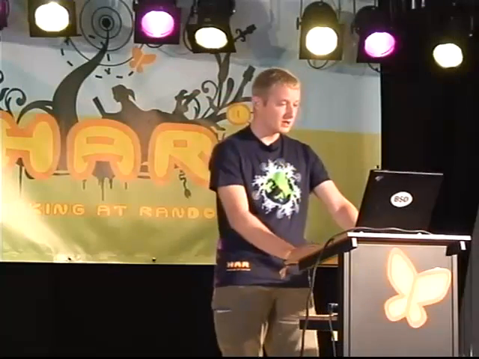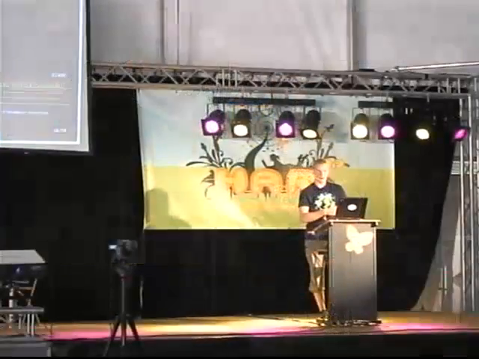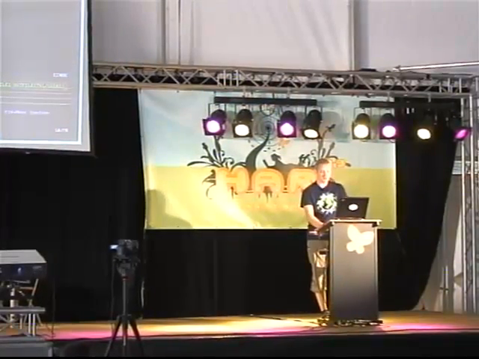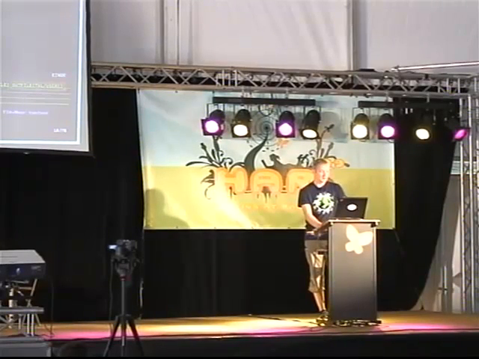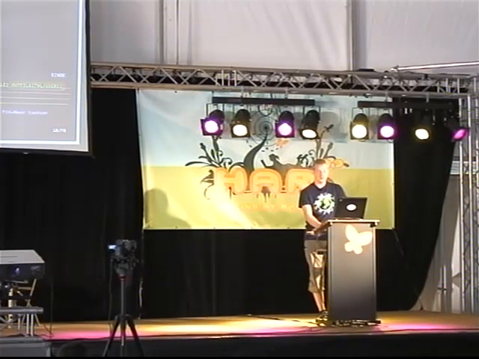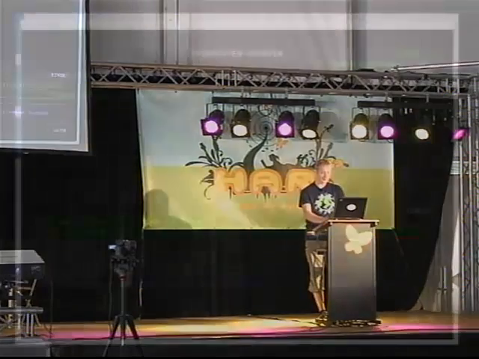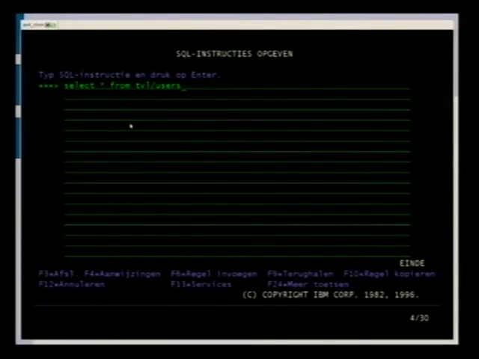Okay, one last thing I wanted to say is, you can also redirect the output of a command to an out file, which is then a DB2 file. Because it's a DB2 file, you can select data from it with SQL.